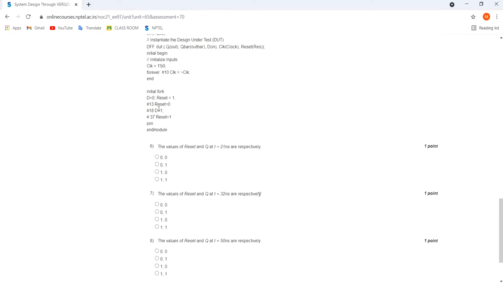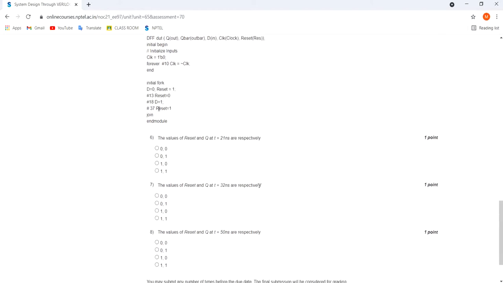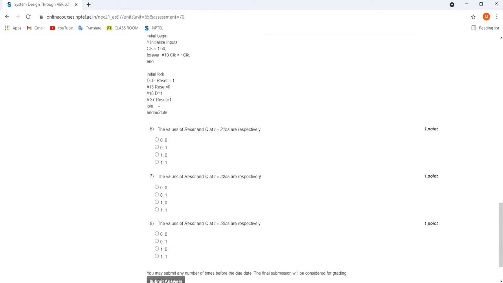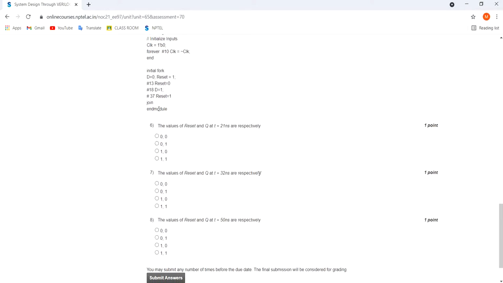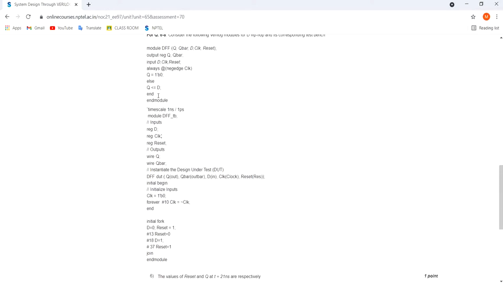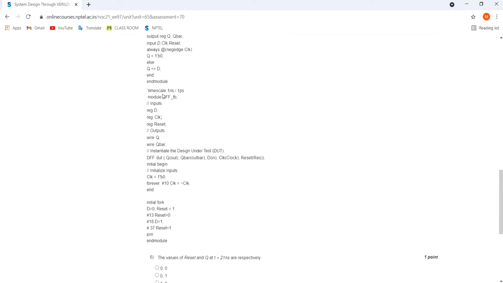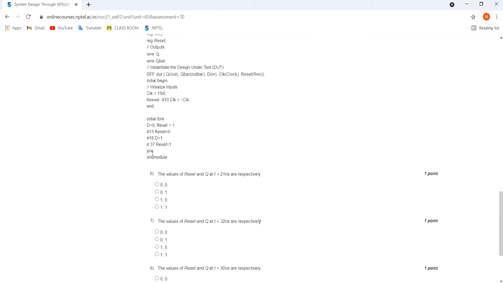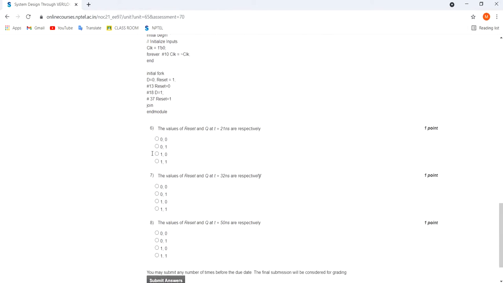In general Verilog code, blocking assignment is used. That is, it is a blocking assignment here: Q is equal to 0, D. Join in module. So the first question regarding this code: the values of reset and Q at t equal